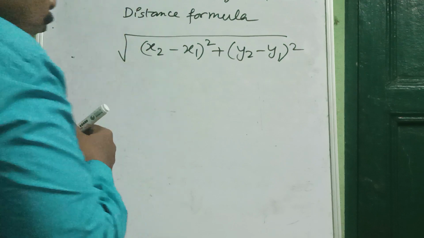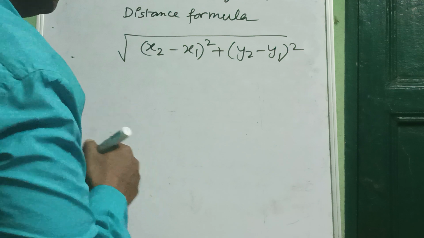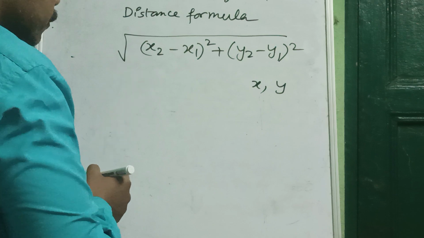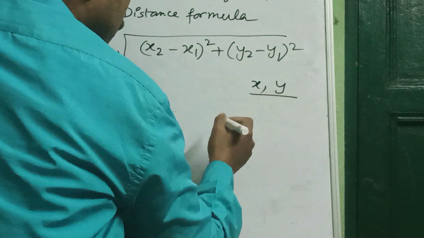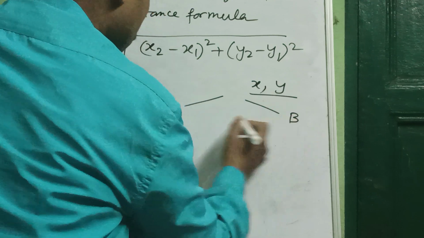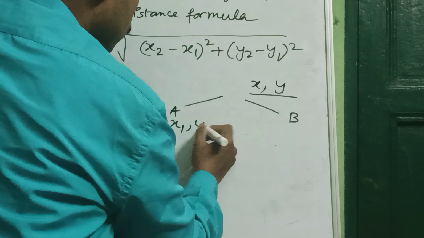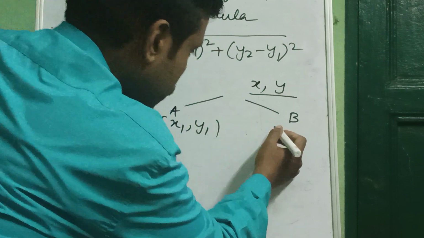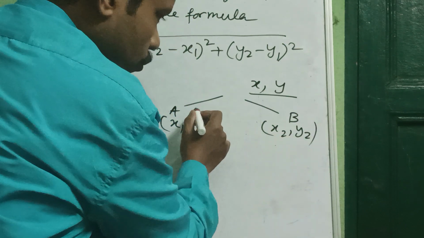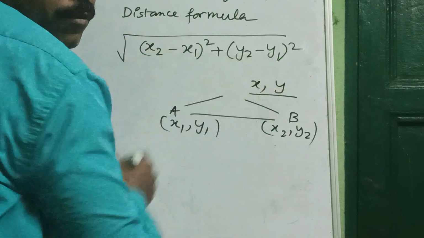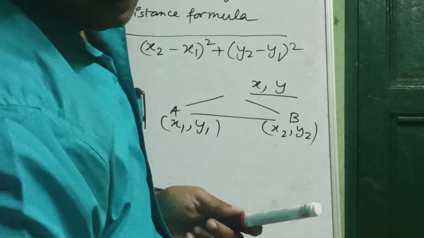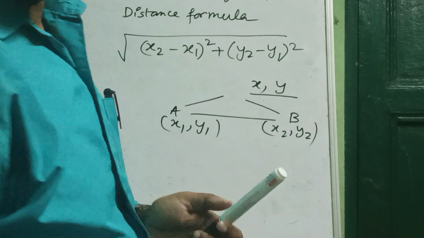Okay, so we know that coordinates are x and y. If two points are there, A and B, then one coordinate is taken as x1, y1 and the other coordinate as x2, y2. From these two coordinates, the distance by using this formula we can easily calculate. First take sums from 19.4. I have the ML Agarwal book.